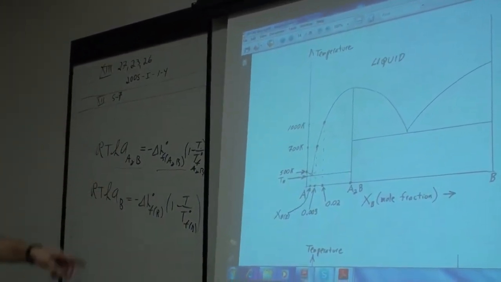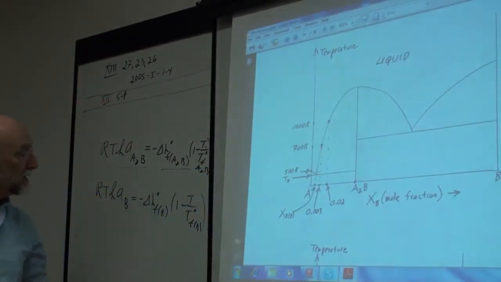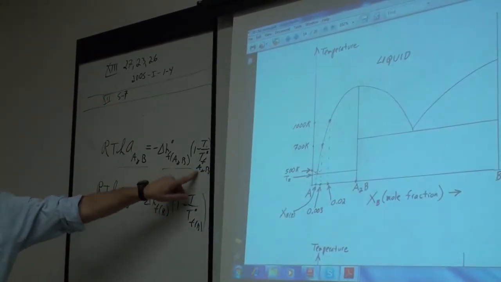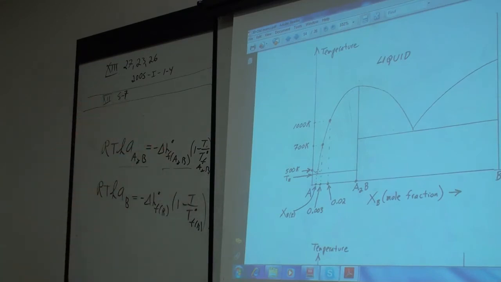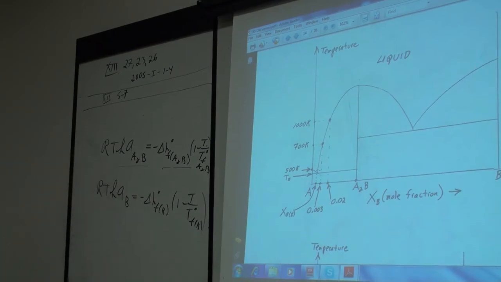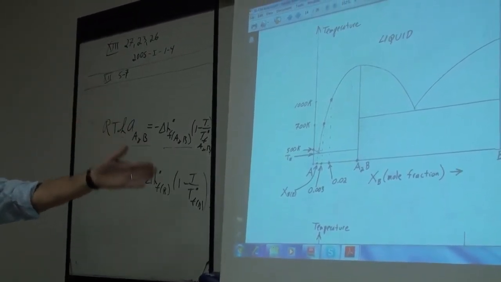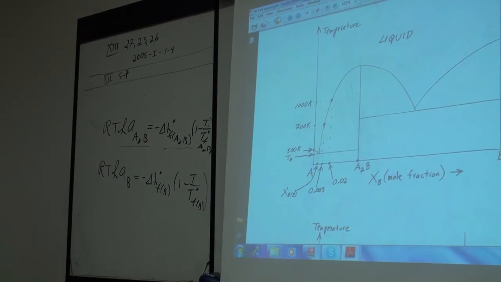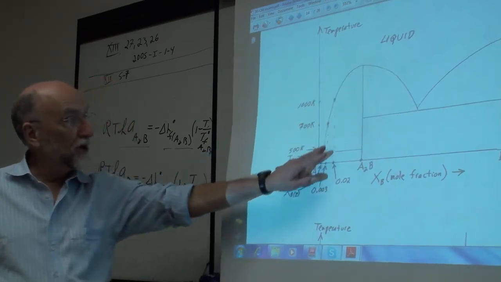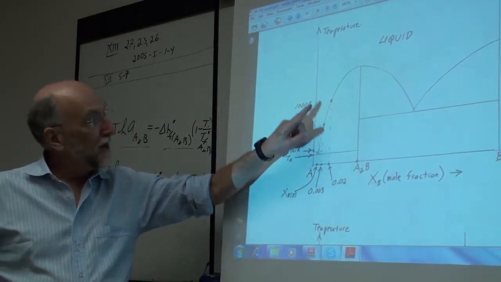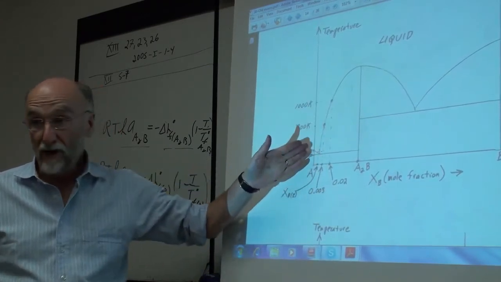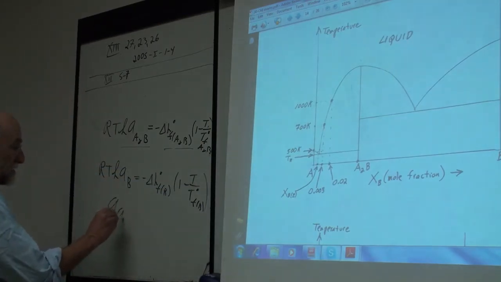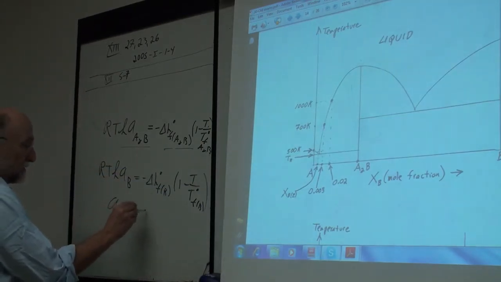So this line here would give you the activity of A2B, but you'd have to know the heat of fusion of A2B and the temperature of fusion of A2B, which we don't have. But he had additional information. He had the heat of formation of A2B, which permitted us to do what I did and get the activity of B along that line. Now, we have the activity of B with respect to the solid along that line. We calculated it. The activity of A along that line is equal to the mole fraction, because it's a Raoultian solution. The activity of A2B then is now